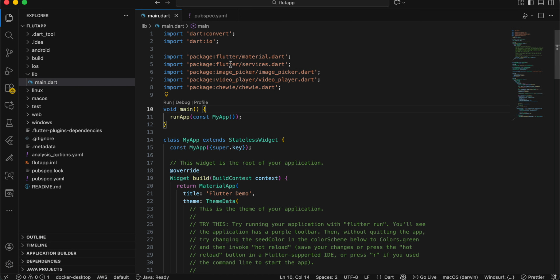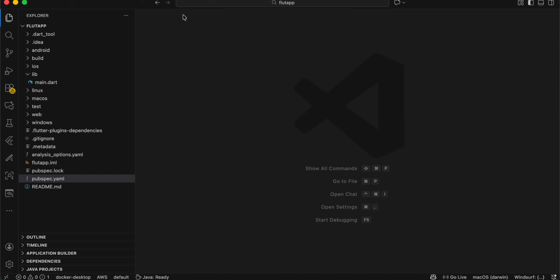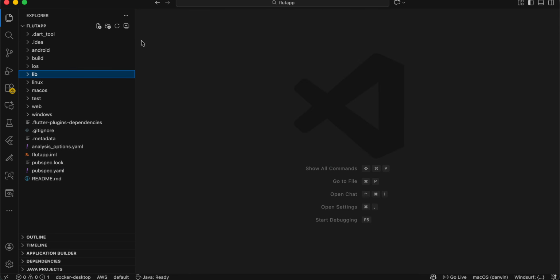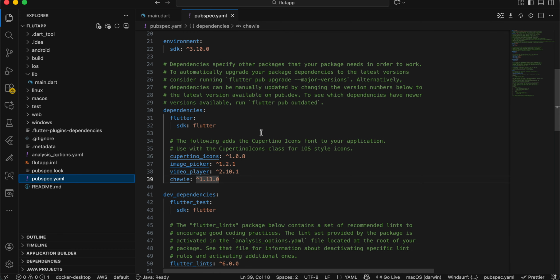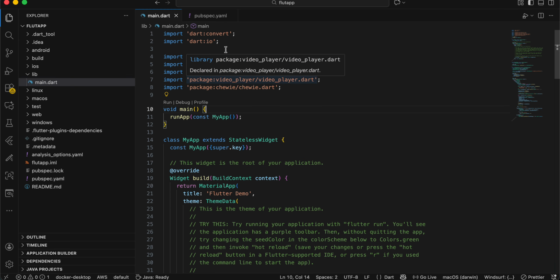So here I have created my Flutter application. Then you just need to go to main.dart. Before you go to main.dart, inside pubspec.yaml I have added a few dependencies. One is image picker for picking video, video player, as well as chewie for playing the video with controls. That's it. Then go to main.dart, and here I have added a few imports,